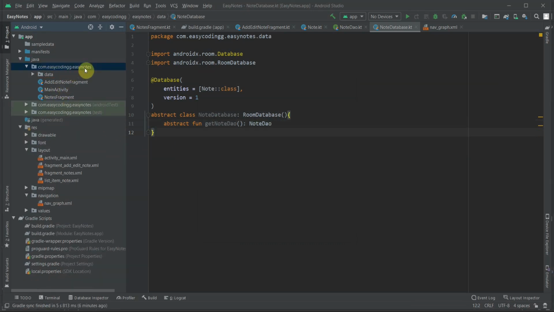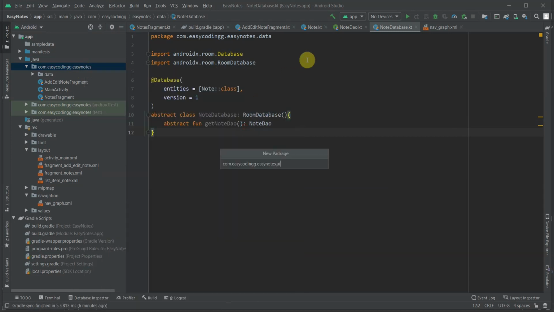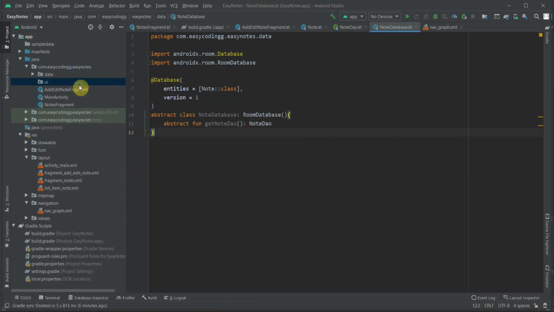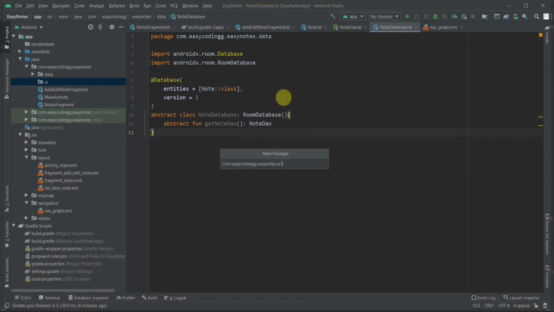And we will create one more package for our UI, and inside of it we will create another package fragments, and in that we will add both of our fragments.